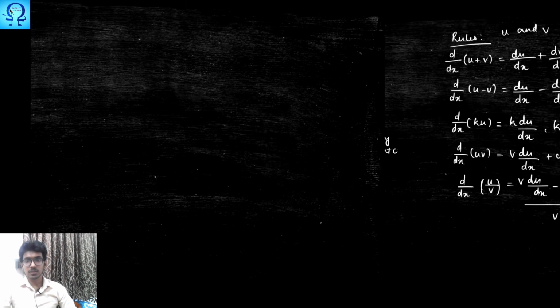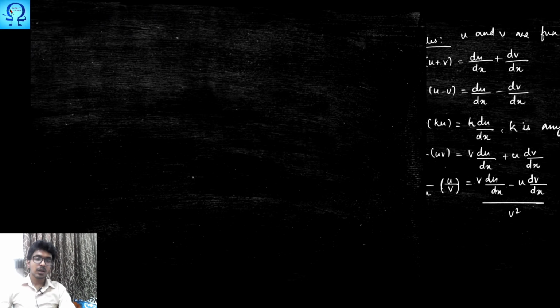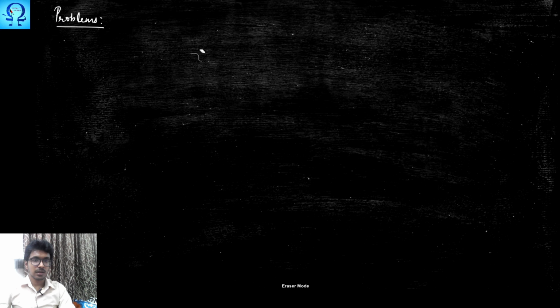In the previous lecture itself, I told you that in order to work out problems, we'll have to apply the rules, that is the rules on the right side. We'll have to apply these rules, simplify the given expression, and then make use of these formulas. In the previous lecture, we worked out problems which involve only this formula, whereas in this lecture, we are about to do some problems which involve all these formulas.